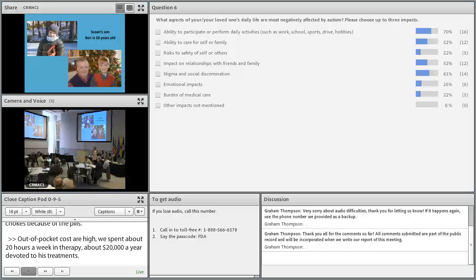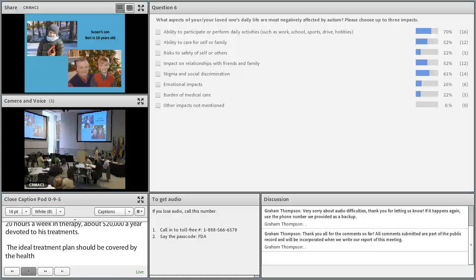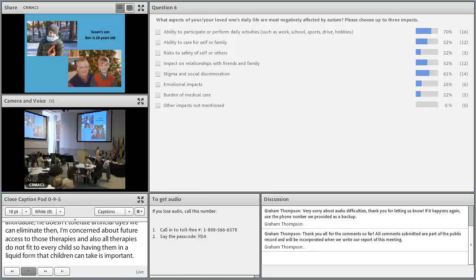Ben doesn't tolerate artificial dyes, and we can eliminate them when we use our compounding pharmacy. So I'm concerned about future access to those therapies, and also know that all therapies don't fit every child. So having them in a liquid form that children can take is super important as well. I would love to see more research on these safe and effective treatments, and also speed up the regulatory pathway for drug